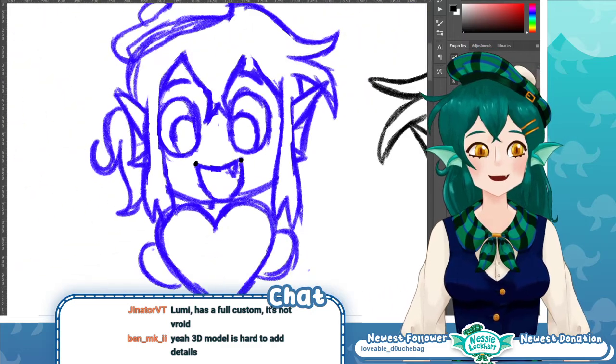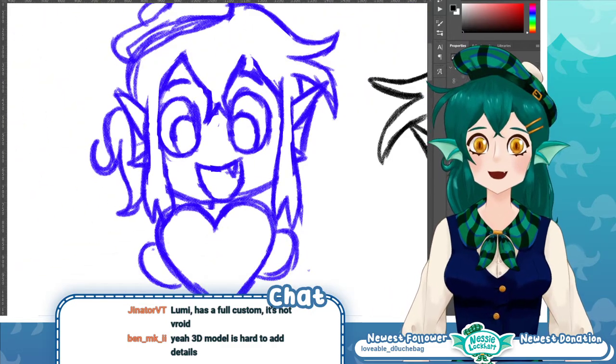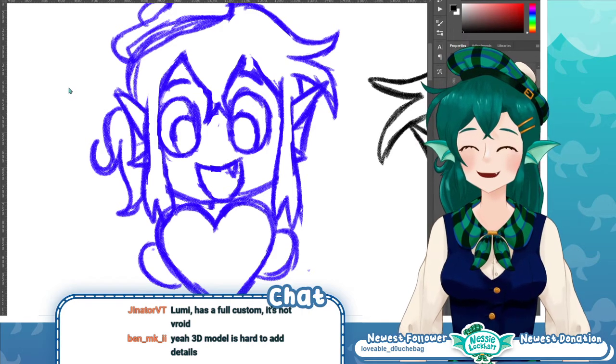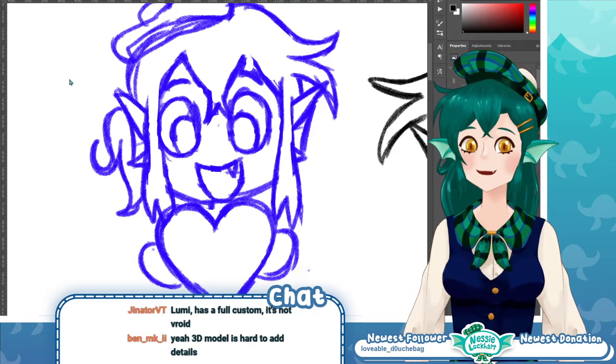Okay, actually, for the line art, I'm gonna use a cleaner brush. Lumi has a full custom, it's not V-Roid. Oh. Oh, so...